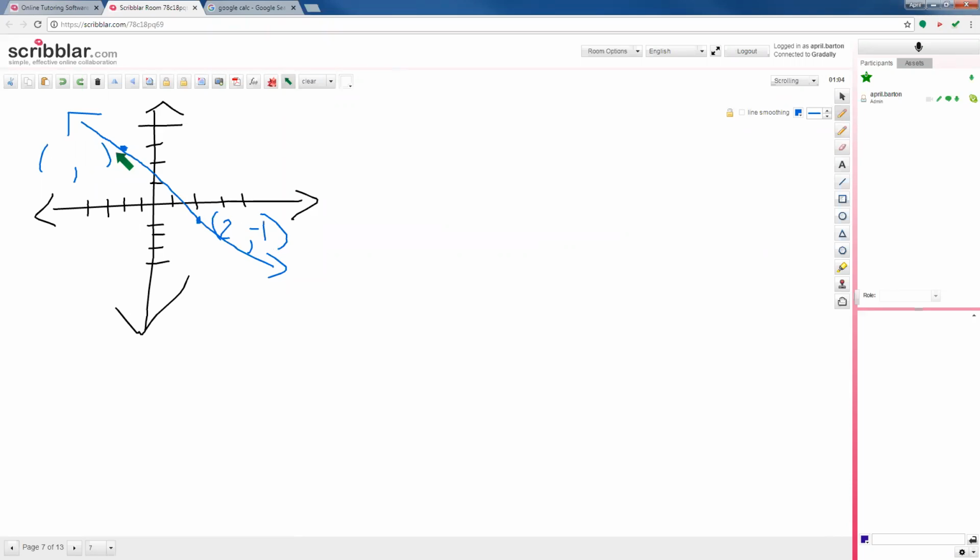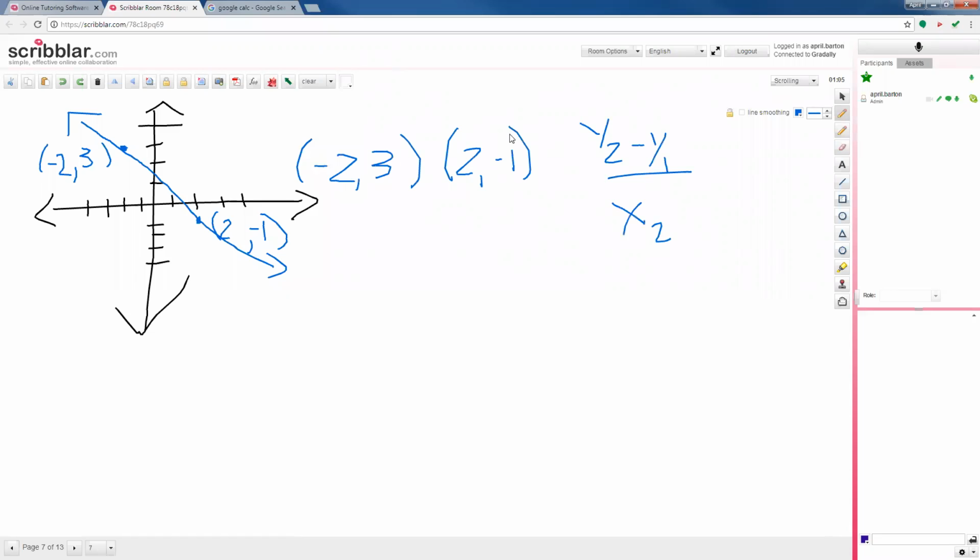This coordinate, we always go back to center and start counting again. I go left 2 spaces, that's a -2, and up 1, 2, 3 spaces, that's your 3. So once you've identified those points, it's the exact same process. All of them come back to that formula, y2 minus y1 over x2 minus x1.